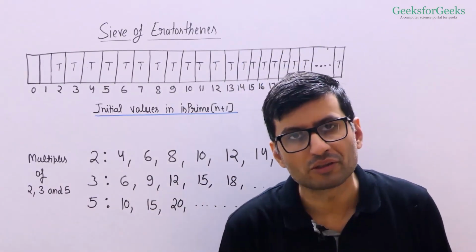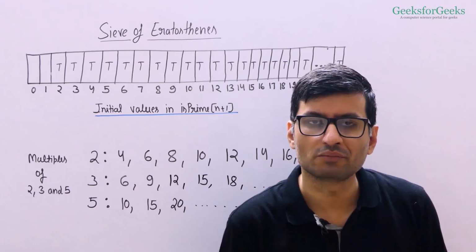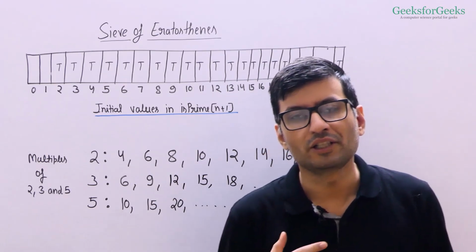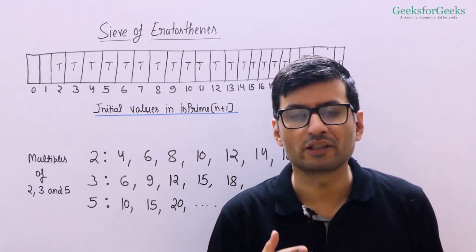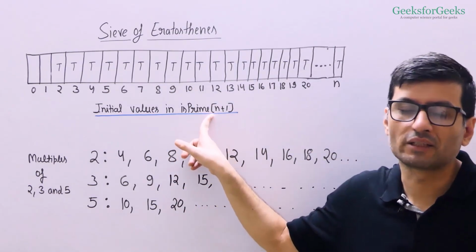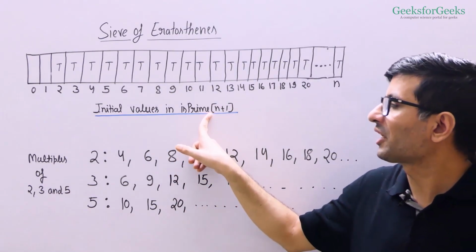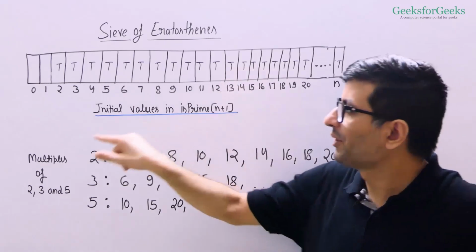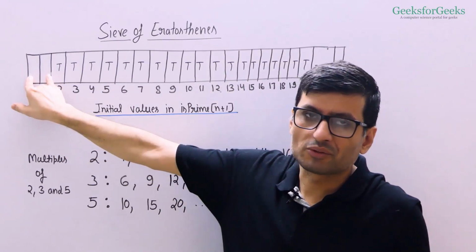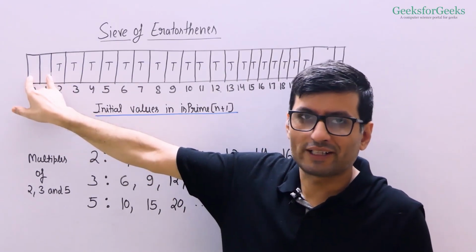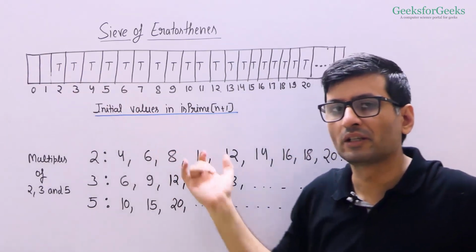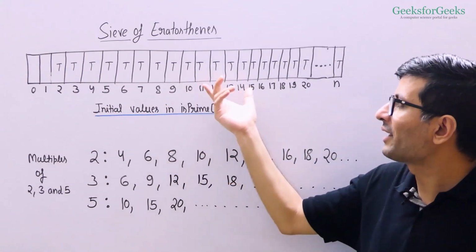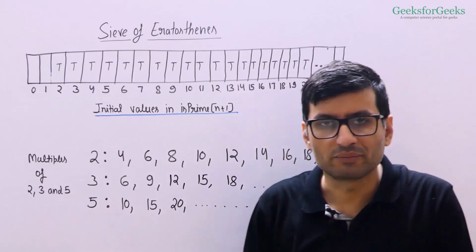Let us now talk about the sieve of Eratosthenes algorithm to solve the problem. The idea of this algorithm is to create a Boolean array isPrime of size n plus 1. We initialize this array as true, and we do not care about these two entries because when we talk about primes, we never access these entries. In the algorithm, we are never going to access these two cells of this array.